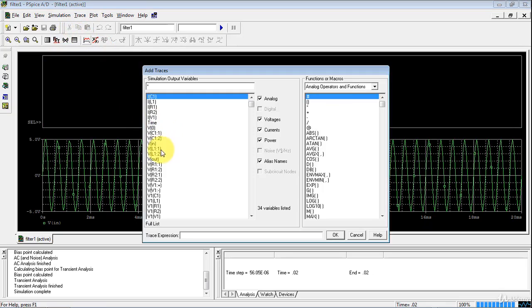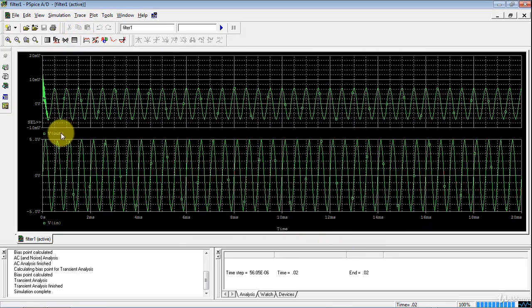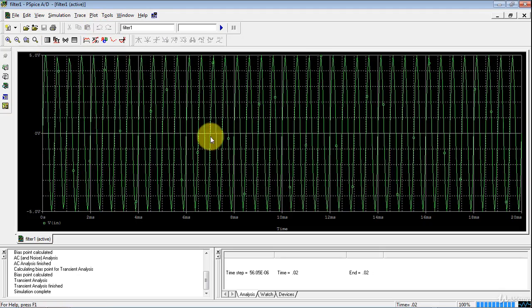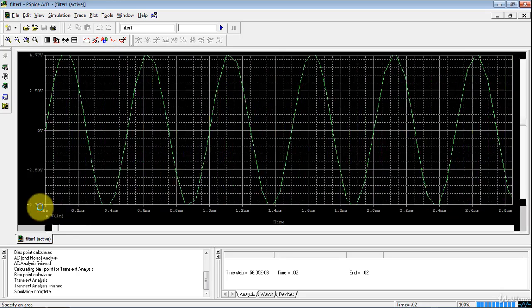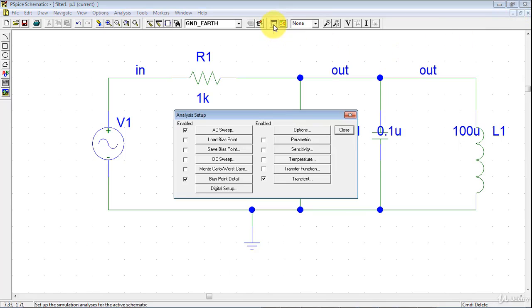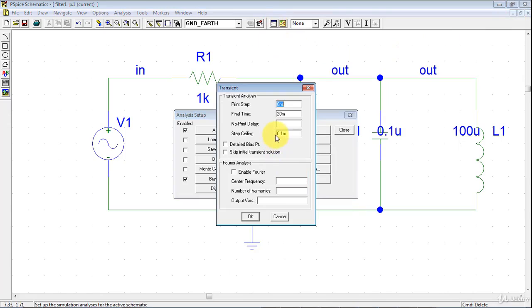Now we want to see V in and V out simultaneously. The first one has a 5 volt amplitude, but the above one has 6 millivolts. Okay, I want to zoom in on this area. As you can see, the wave is not straight, and the reason is that the ceiling amount is high. Here from setup analysis, transient and ceiling, I change its amount